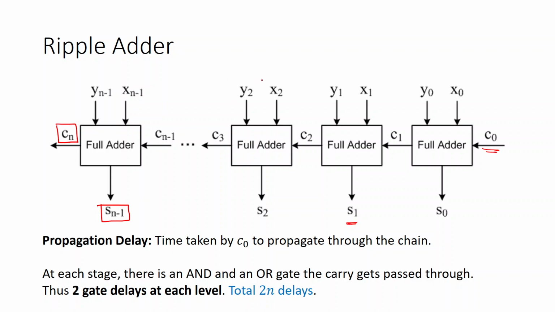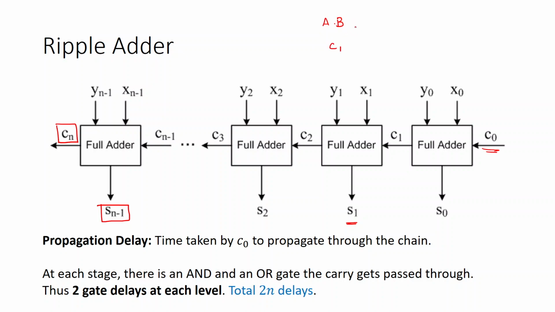So you remember that at each stage there is an AND operation and an OR operation through which the carry has to pass through, right? So every carry has to pass through an AND operation. So in any of this full adder, there is one AND operation that was happening, and another AND operation, then there was a carry in,